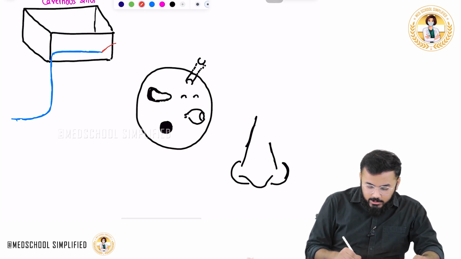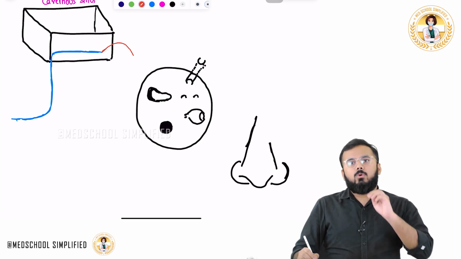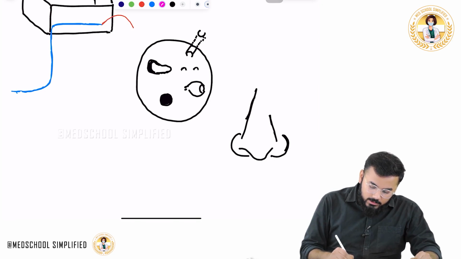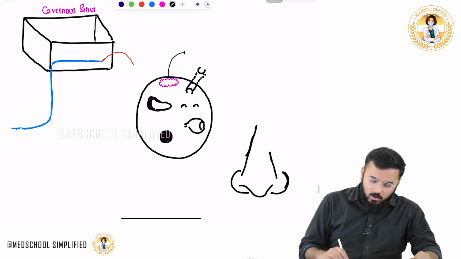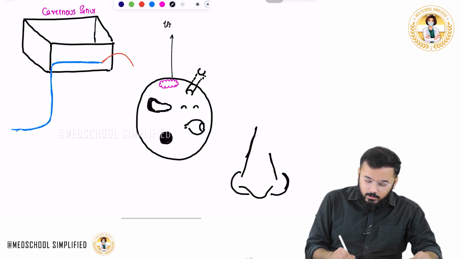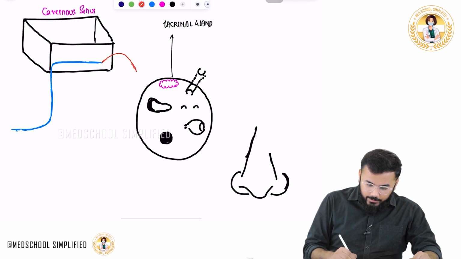For example, it is dividing into this first branch over here. This first branch is called your lacrimal nerve. Why is it called lacrimal nerve? Because here you have a gland like this. You see this gland, right? This gland over here is called your lacrimal gland. So this nerve that is coming all the way, you see, this is the branch that is coming